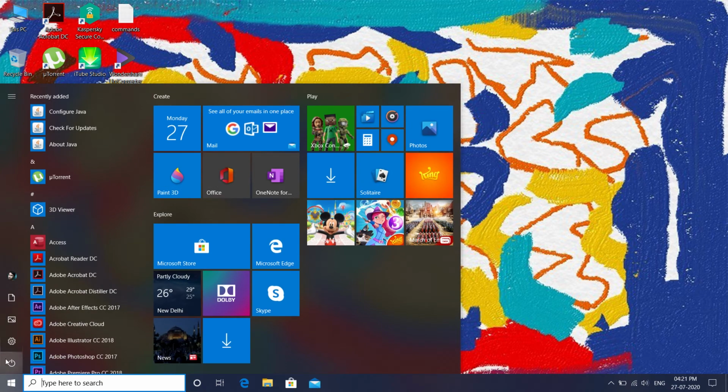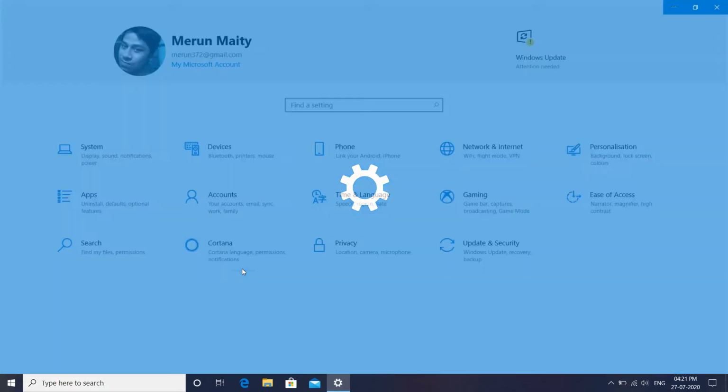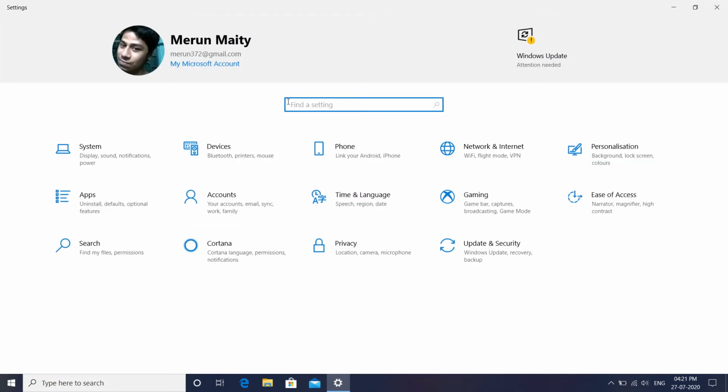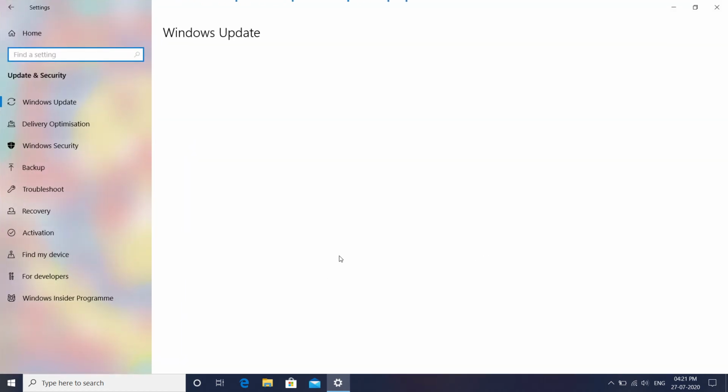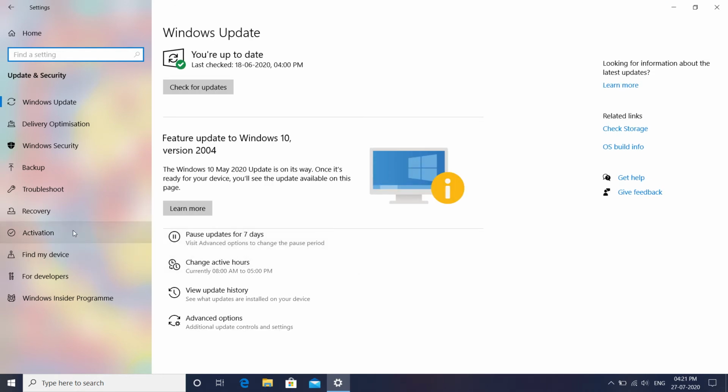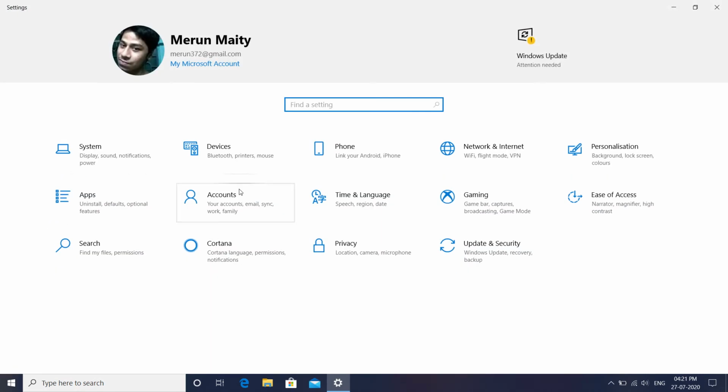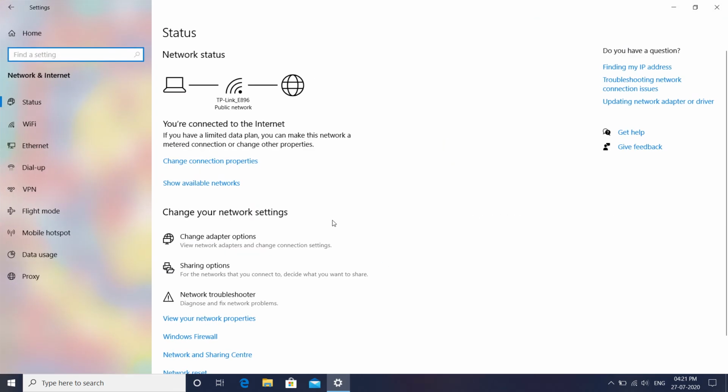Another thing is, this type of setting is not available in the Windows 10 settings options. You have to go to the control panel option, because there are a lot of options here and you will not find it.